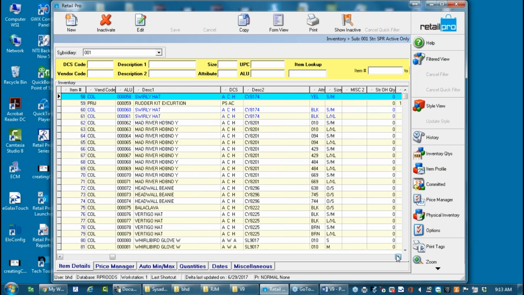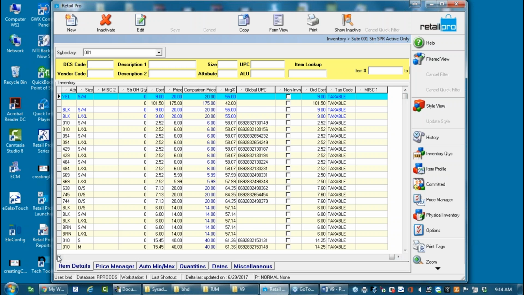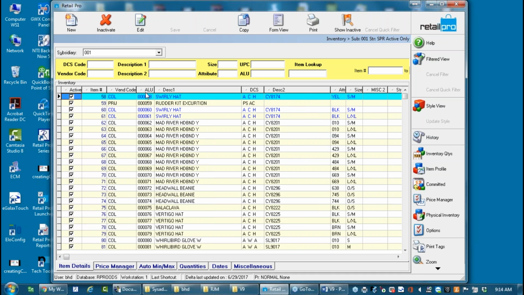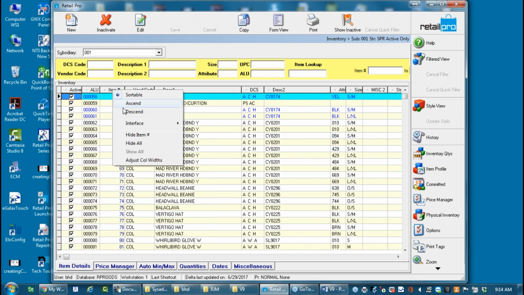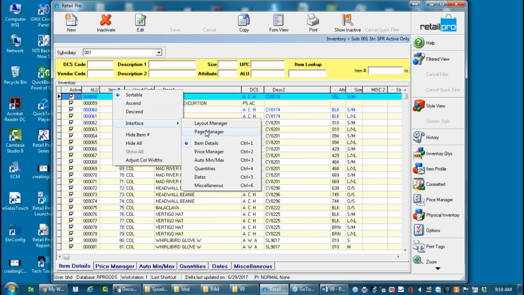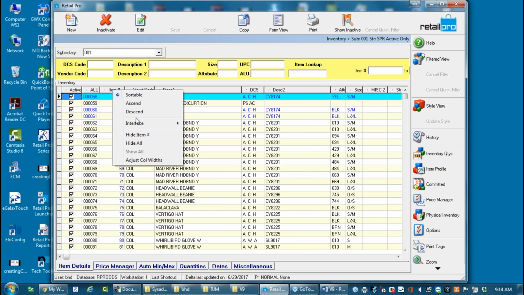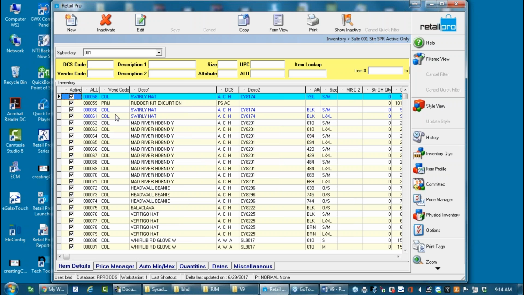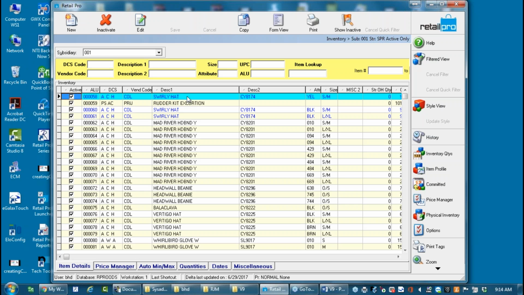Okay, and this needs to have ALU. This particular client's data was a V8 to V9, so I'm just hiding a few things here. So there we go. Okay, so an item row in version 8 has a DCS. Right, it has a vendor code. It can have a description 1, a description 2, a description 3, a description 4, attribute size, pricing, and cost,